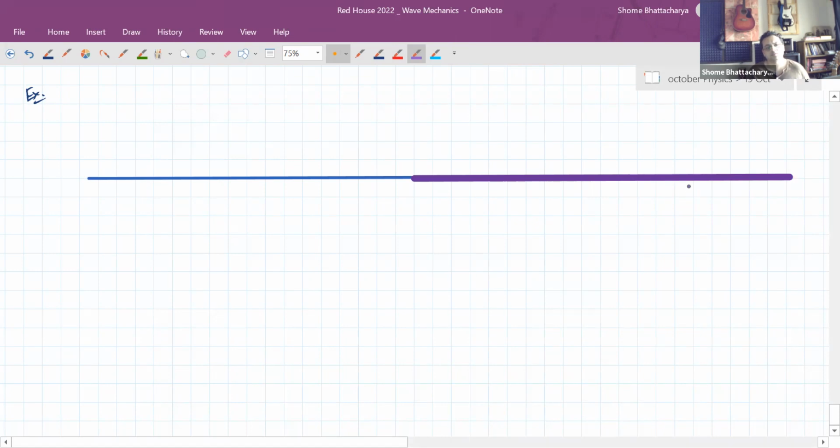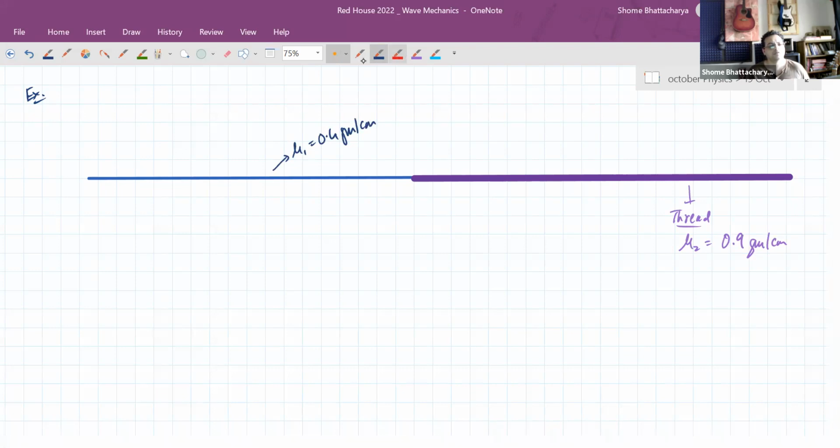This is a thread which has linear mass density mu2, let's say, of 0.9 grams per centimeter. And this is a comparatively lighter one which has linear mass density of 0.4 grams per centimeter. Now what is happening is that there is a harmonic wave